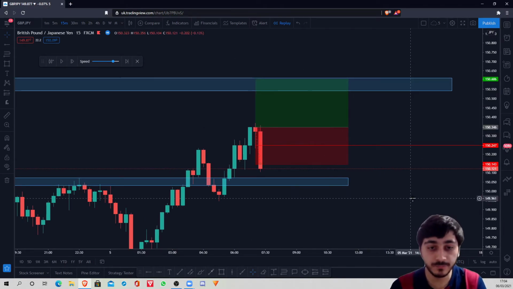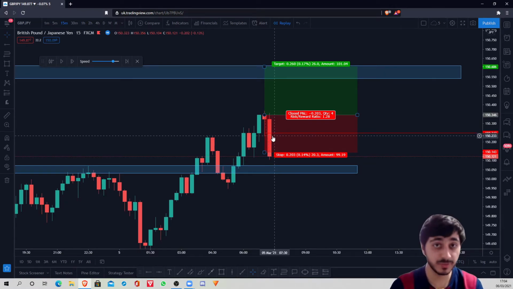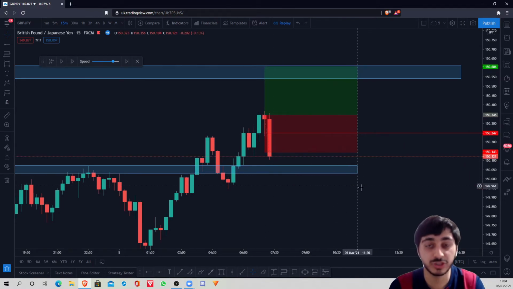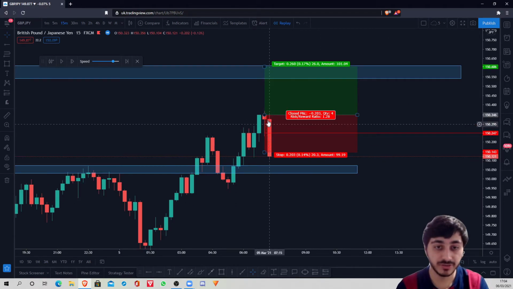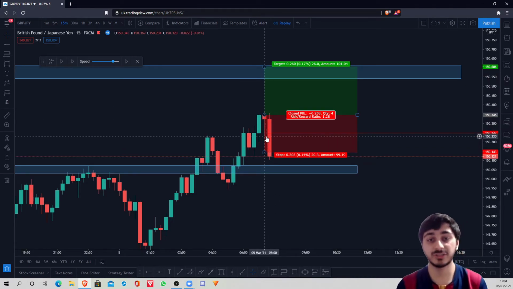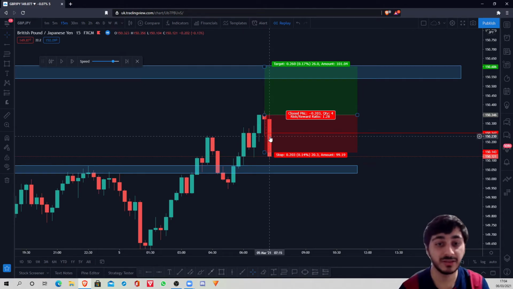For example, I would look to close my entire position that is left running, which should be about 0.5 lots for a 1 lot trade. You want to close your position as price breaks the low of this candle, because there's a higher probability that price is going to continue downwards. We can see this candle respects the high of the previous candle but breaks the low of the previous candle, which means price looks to push to the downside. And so when it comes to your risk management, you would close your entire position at this point there,